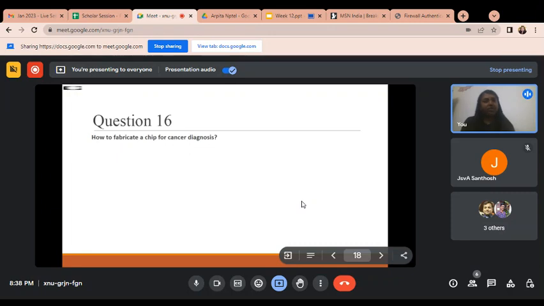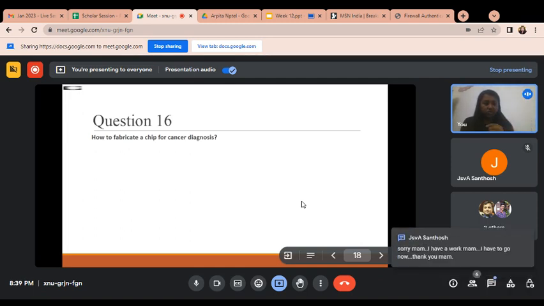So after that what we have to do, we have that piezoresistive material where we put the sample or this cancer-based cell. So the